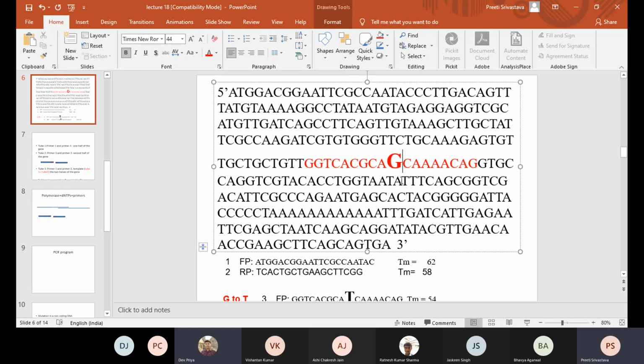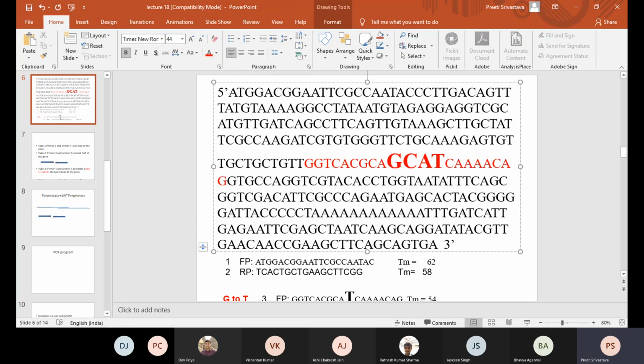So I guess the forward primer would be from here, CAT, CAA, and then CAG, and one for the back using that CAT complementary sequence, right? Reverse primer. I say it again. The forward primer will be, so I said you need to include CAT here. The forward primer will start from CAT and go forward, and the reverse will start from here. Why? Because we are trying to insert, so it has to match up.